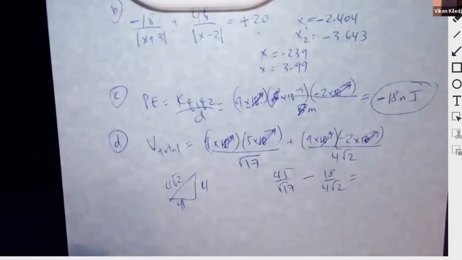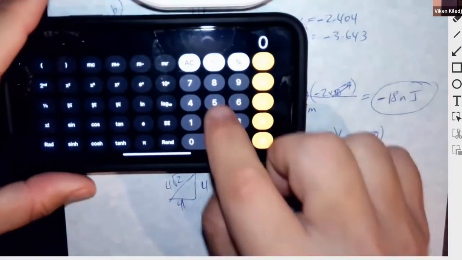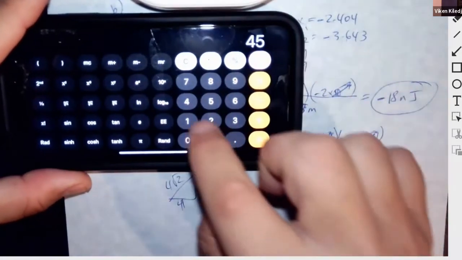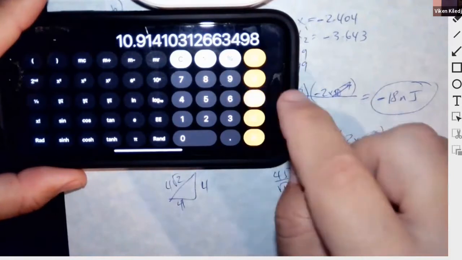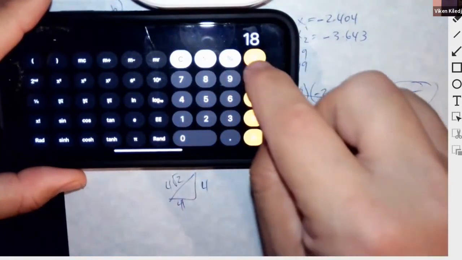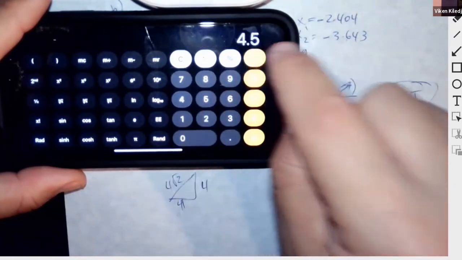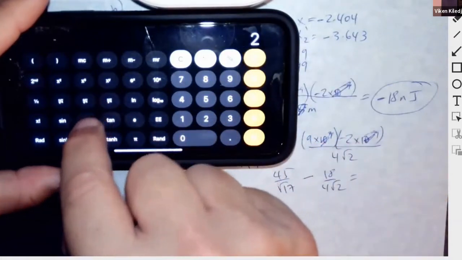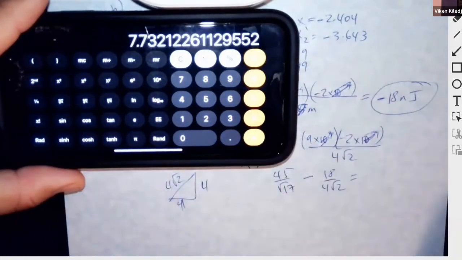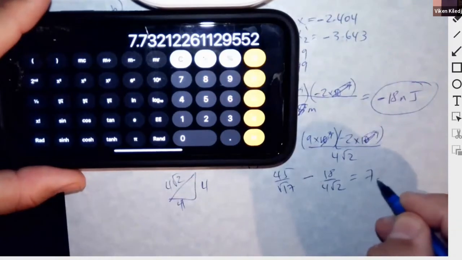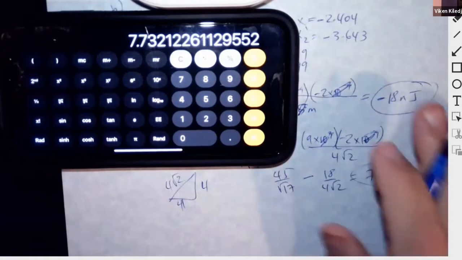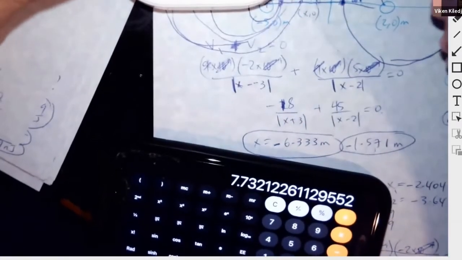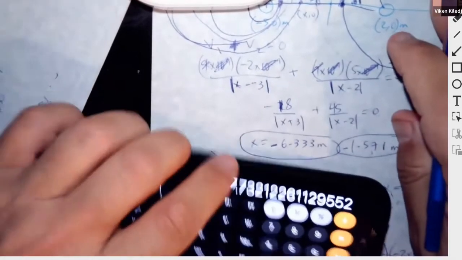Okay, so 45 divided by the square root of 17, minus 18 divided by 4 divided by the square root of 2. Okay, 7.732 volts. Again, that would be part of, see, 7 volts. Yeah, that makes sense because